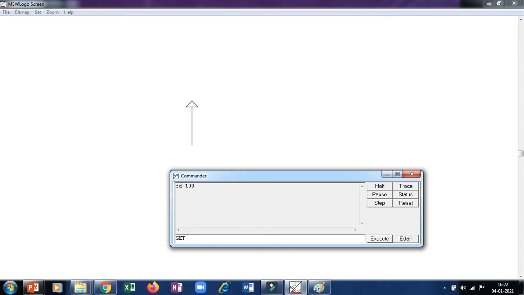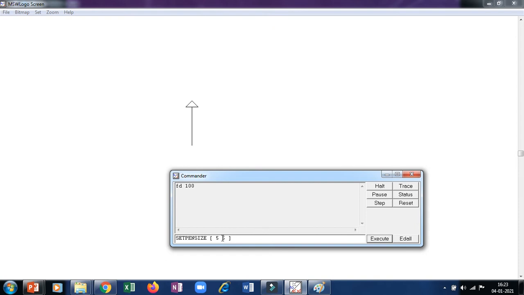here, using the set pen size command, we can change the thickness of the pen. So just write set pen size, with no space in between, together. Then open the square bracket, and let us write 5 and 5. Normally we keep both numbers equal: the first number is for the height and the second number is for the width.